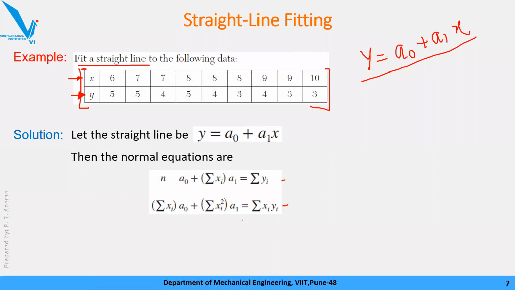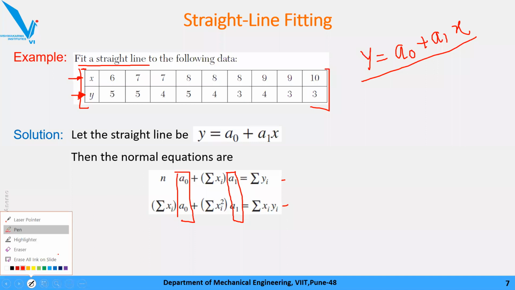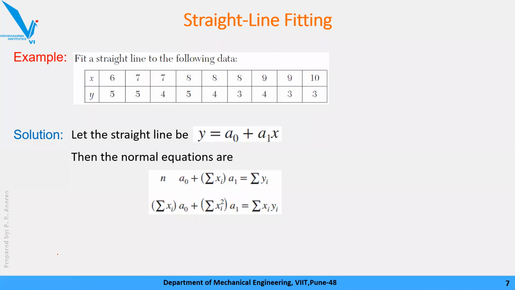ठीक है, अब देखो, just think, use your common sense. I need to find out a0 and a1. Okay, now how can I get this? If in these two equations I somehow calculate n, summation of x, summation of y, summation of x square, summation of x into y, अगर मैं ये कर सकता हूं तो I can easily get a0 and a1 and I'll get full marks. चलो ट्राई करके देखते हैं n.